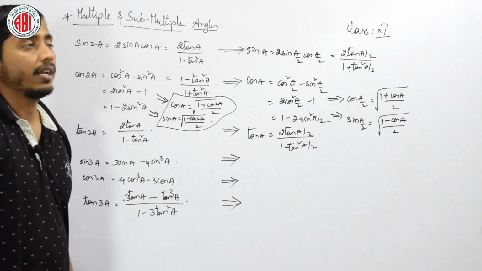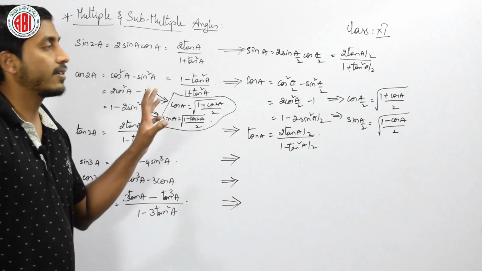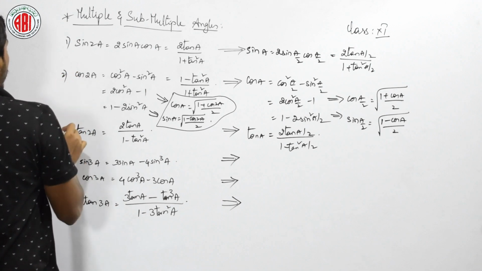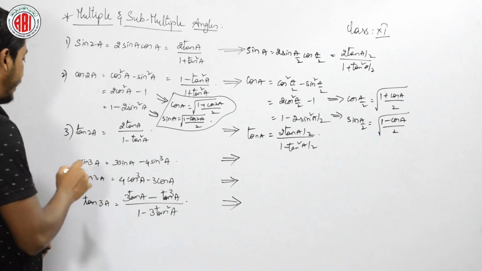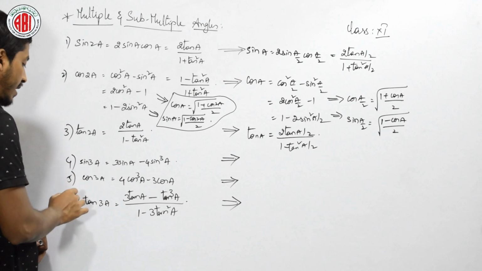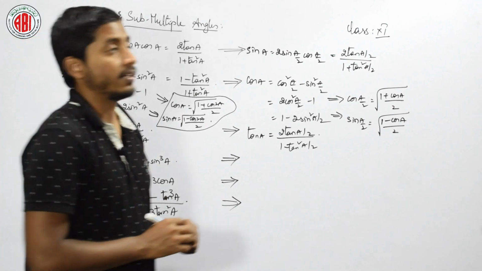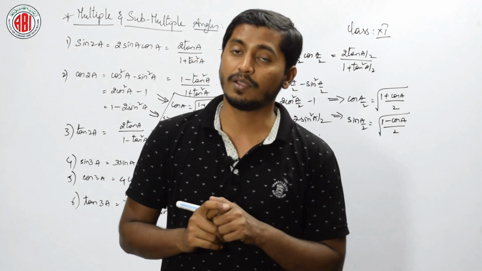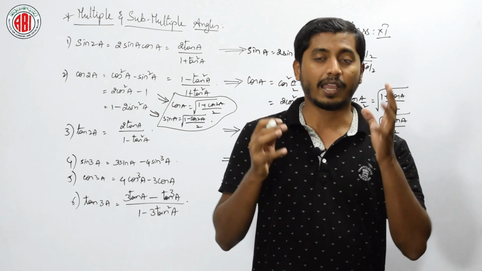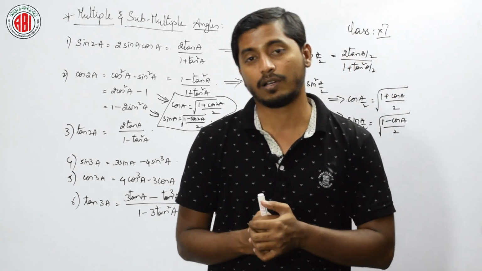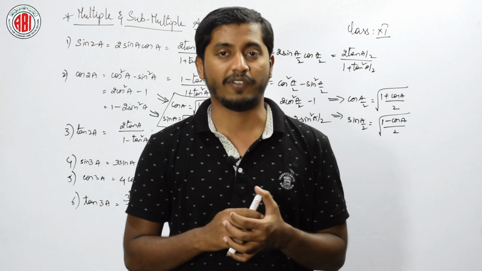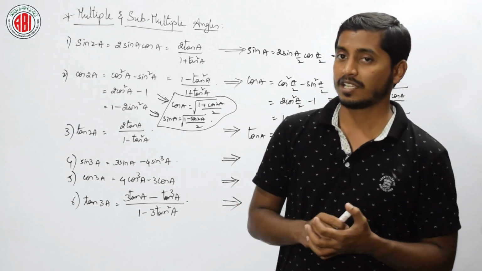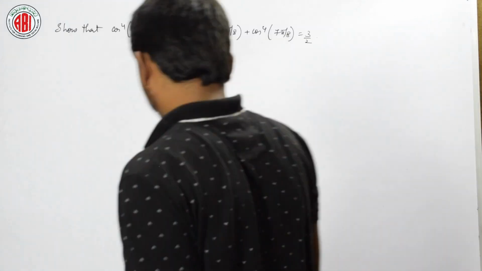Yes. Right. From the next problems, we will use all these formulae. Once again, let me recall it. This is sin 2A, cos 2A, tan 2A. The next is sin 3A, cos 3A and tan 3A. Is it clear? These are not only important for these trigonometric problems, but they are also important in higher level subjects in the future, such as differentiation, integration and all sorts of simplifications. Is it clear? Hope you got a basic idea of what these are. Shall we move on to the problems? Let us start.